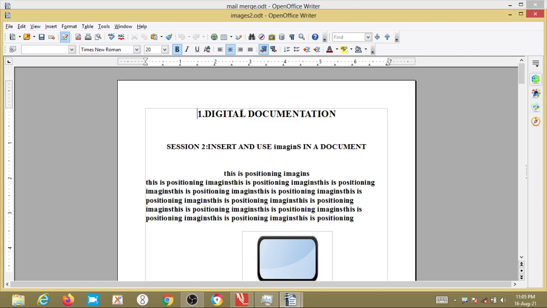Now what is a header? A header is a section of the document that appears at the top of every page, in the top margin area. It may consist of certain text, or it may consist of certain graphics also. Similarly, a footer appears at the bottom of every page, generally in the bottom margin.